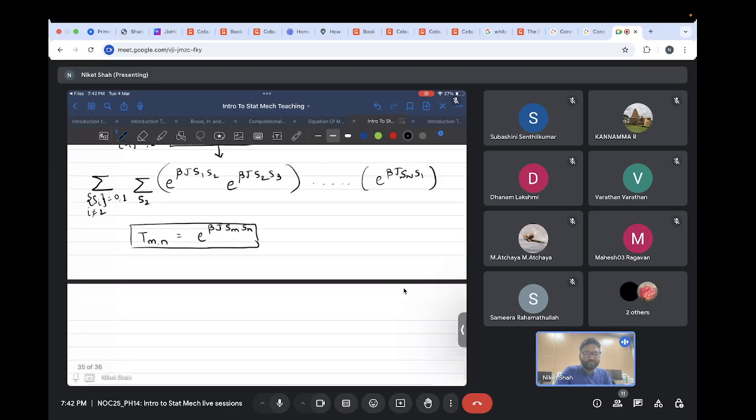So what will be the values of the individual matrix elements? Firstly, there will be four elements. The transfer matrix will be 2 cross 2 because m and n both can take 2 values, 0 and 1, right? S_m, S_n. Okay, let's do this. S1 is equal to M is equal to 1, 2, and S can take just